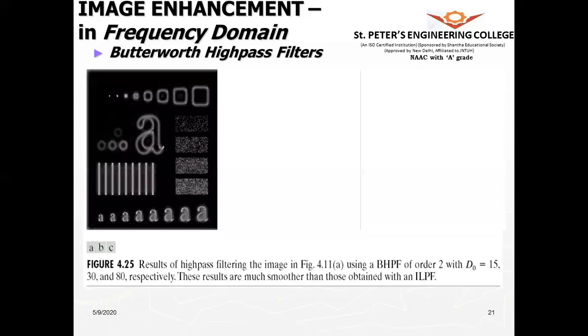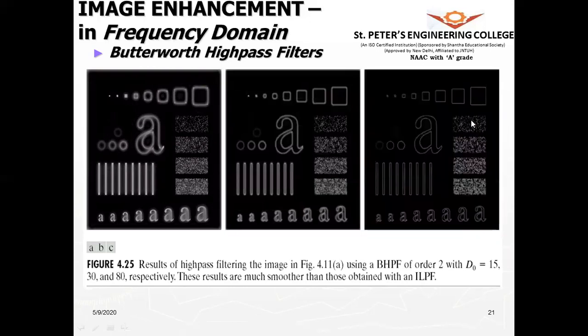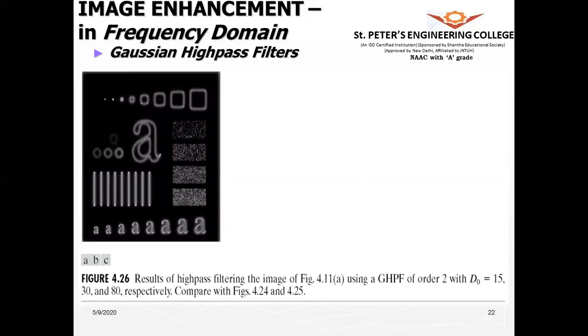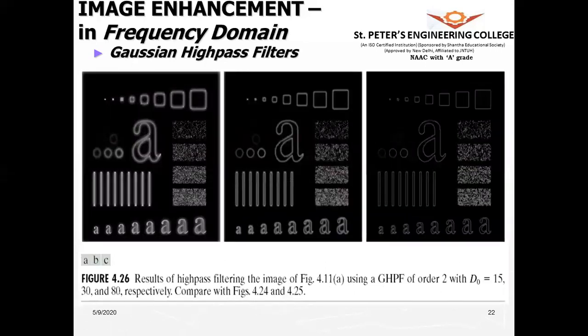Next, if you use the Butterworth high pass filter, you see the ringing effect is reduced, and this is the final output. So we observe that the transition is smoother when we go for the Butterworth high pass filter. If you use a Gaussian, now this is a better result. So we have got the sharp edges by using the Gaussian high pass filter.